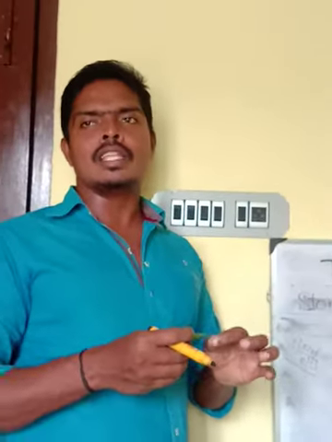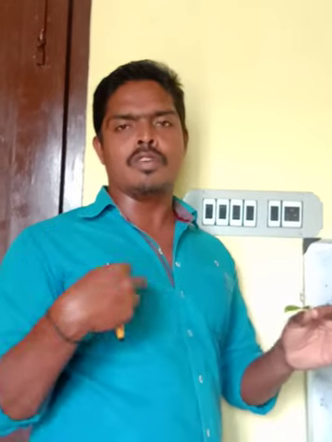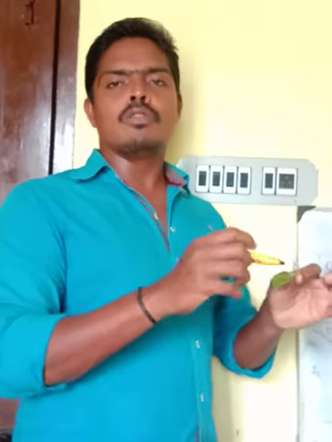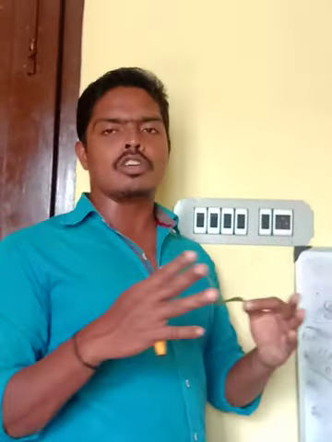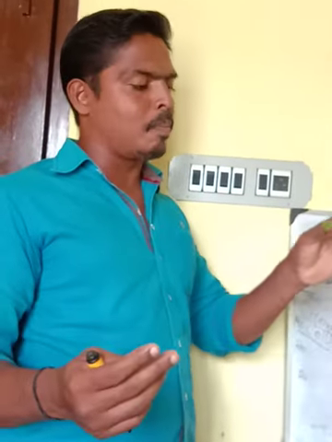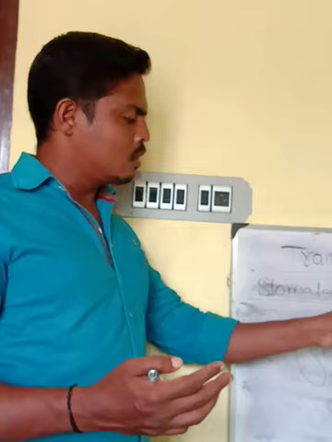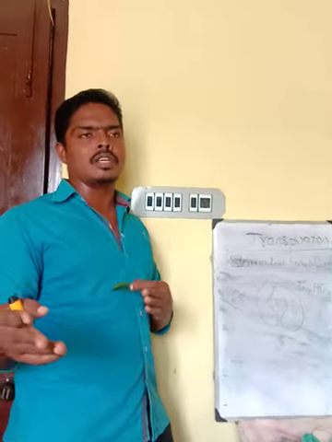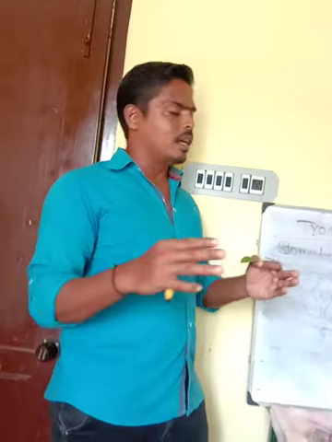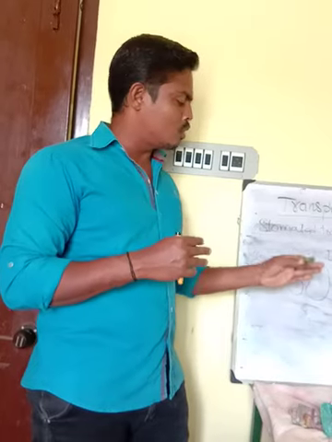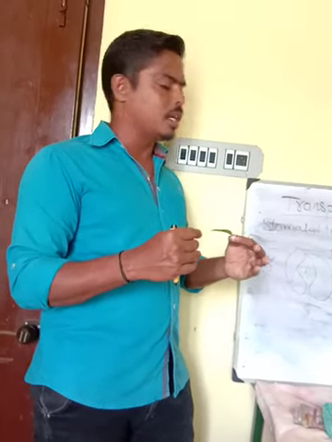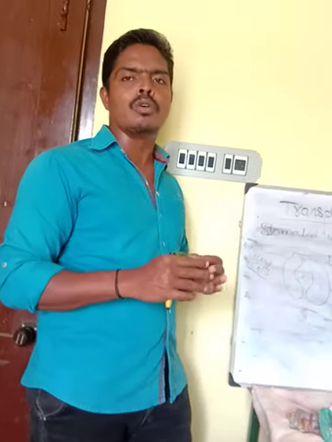The reason is that when the light intensity is high in the afternoon, we also feel very hot. When it is too hot, the stomata will be opened wider due to the guard cells, and when the stomata are opened wider, more water will be lost. When more water is lost, the plant gets into the stage called wilting. Then in the evening, at 4 or 5 o'clock, you can come back and see the same plant. The plant will seem healthy because the light intensity is reduced, so the stomata will be closed as normal. They won't be opened wider. They will be closed, and very little water will be lost.